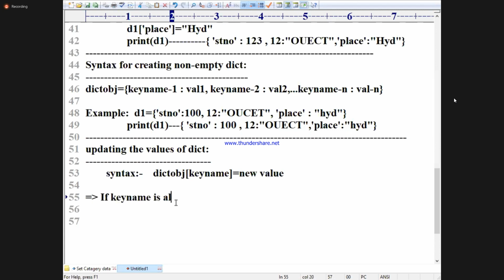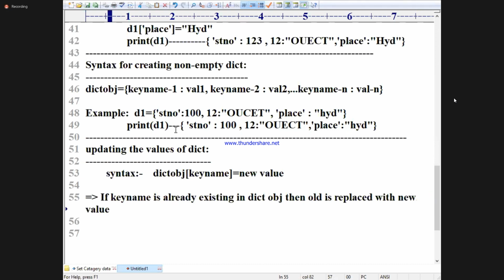If key name is already existing in dict obj, then the old value is replaced with the new value.